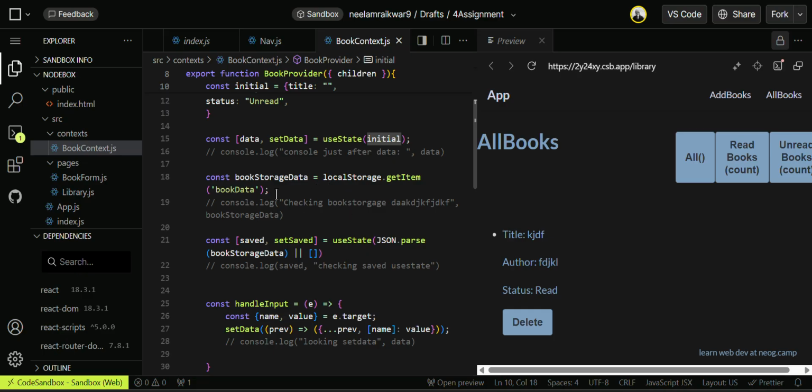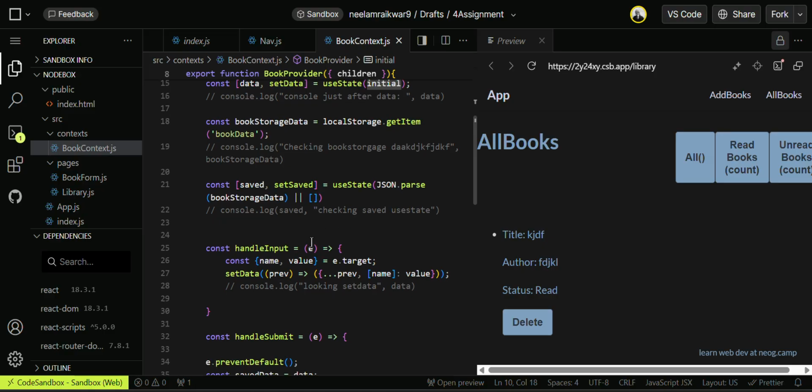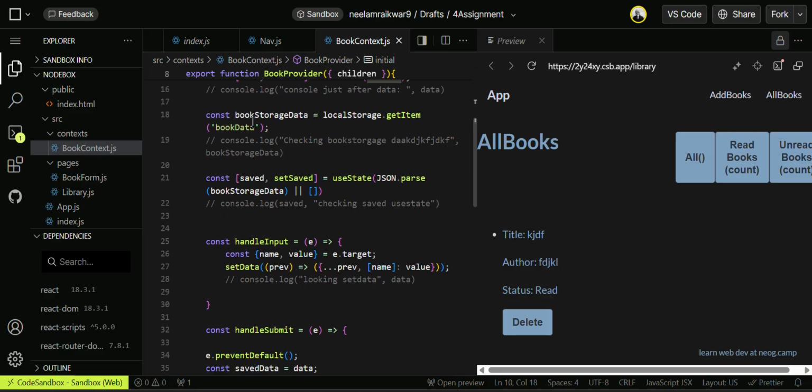Book data is the name of my data which I am storing on the local storage, and I'm using this book storage, meaning local storage data, here in this useState, saved, setSaved. So in the starting I'm using this JSON.parse on book storage data.